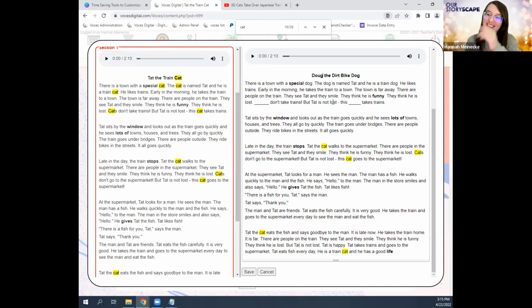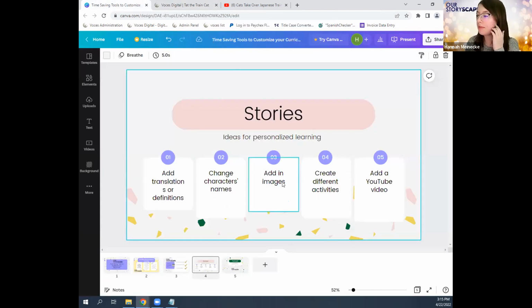So. I love that. You see, yeah. Mm-hmm. So we are using alliteration, the same with Tat. We're using the same dog. Good. Yeah. And so just going back to the PowerPoint, our next step in enhancing this story is to add